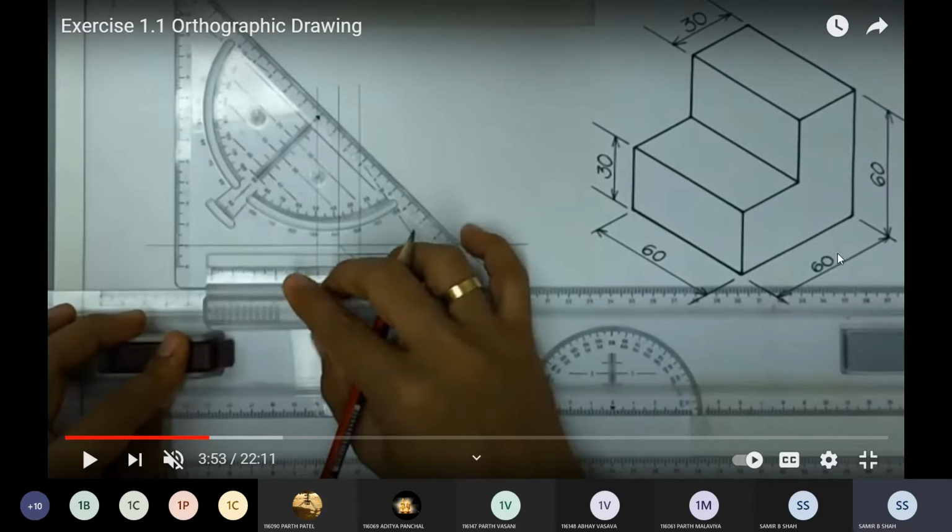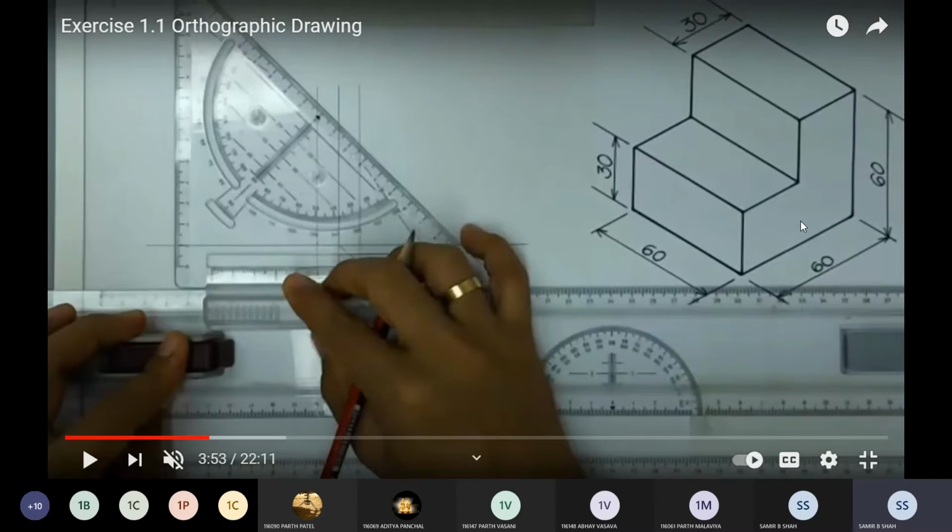So if this is the first angle method, then I can draw it on the left side. If it is third angle, then I can keep it in the other position. Okay, top view ऊपर आएगा, top view top में आएगा, front view नीचे आएगा, and left hand side view है तो left hand में ही रहेगा, and right hand side view है तो right side में ही रहेगा. Okay, you remember that.